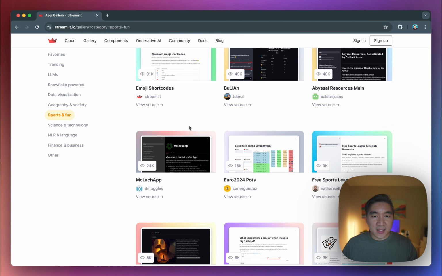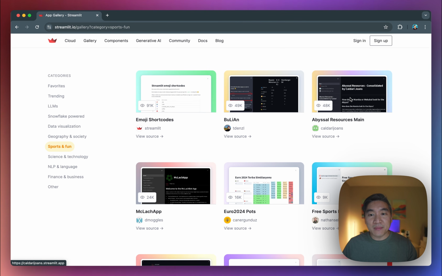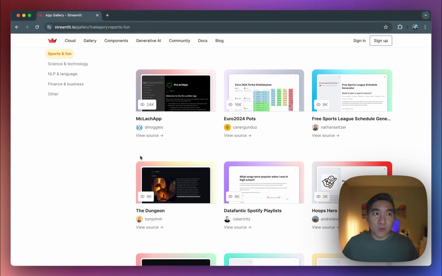Sports and fun. Well, there's a lot of fun games that you could create using Streamlit app. I think someone has created an RPG game, a Wordle game, a Wheel of Fortune, Hangman, Jeopardy type of game, and several more.